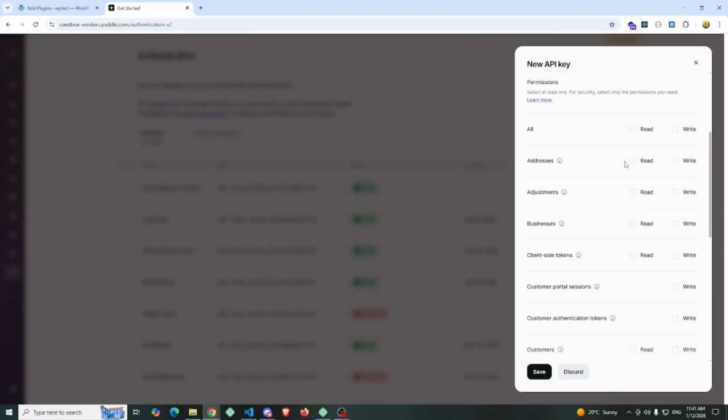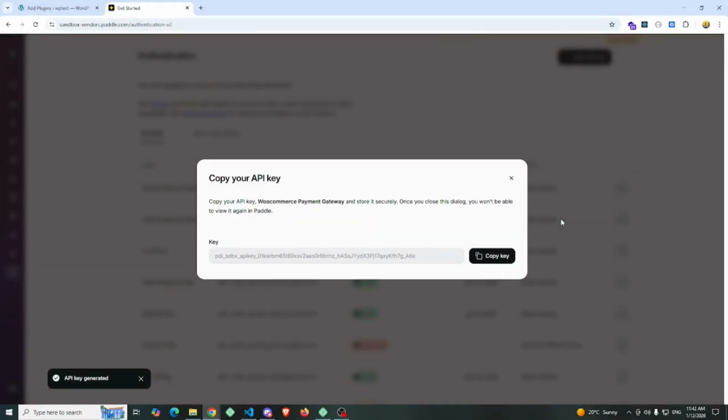Next, also most important is the API permission. Without permission our plugin will not be able to interact with your Paddle account. So you should give all the permissions here. After checking all the permissions, you can finally hit the save button, and boom, here is